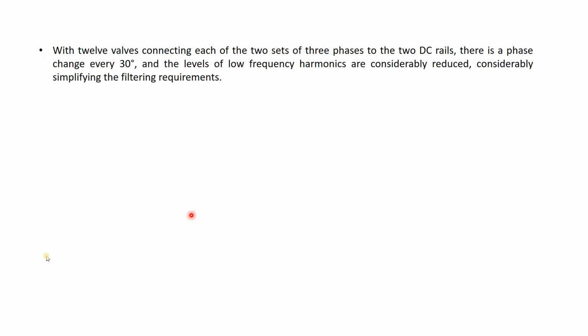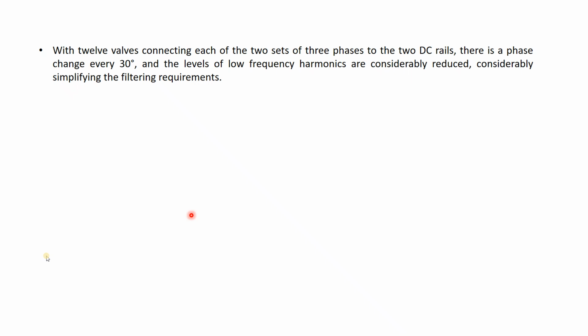Okay, so what I am trying to conclude is that the choice between the 6 pulse converter and the 12 pulse converter is very simple. 12 pulse is better because the requirement of 12 pulse is more on the inverter side than the rectifier side. In the inverter station the 12 pulse helps a lot because it minimizes the lower order harmonics. So this you have to remember.